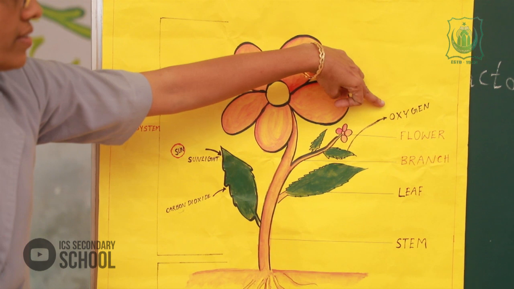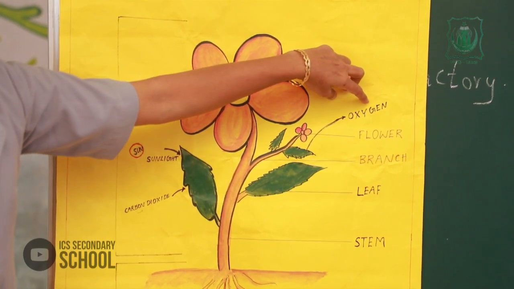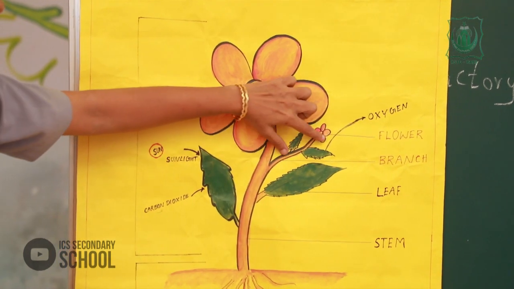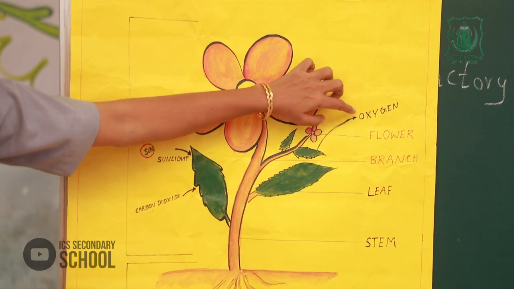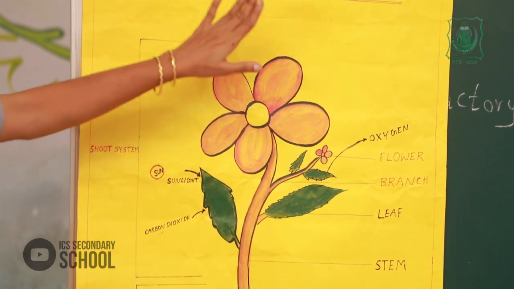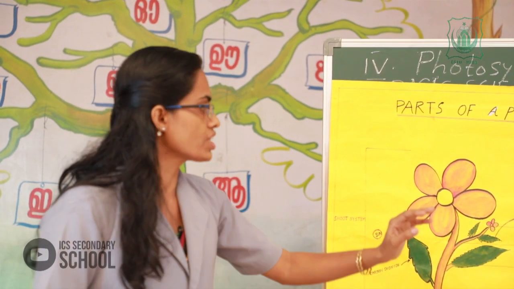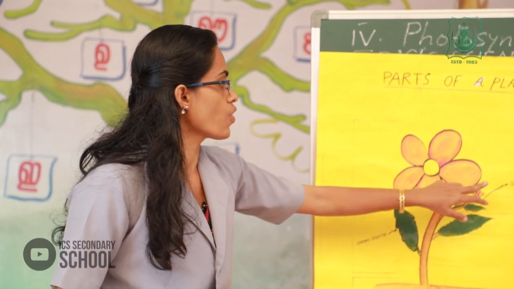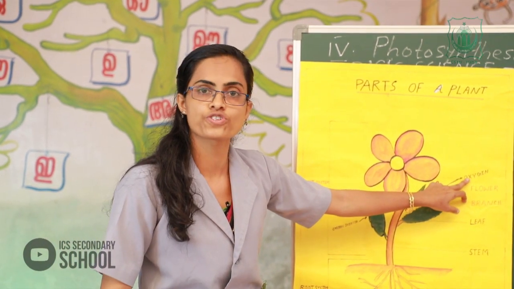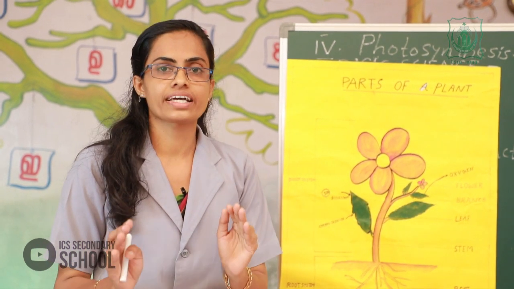Now this one, oxygen is given out during photosynthesis. Okay, oxygen is given out during photosynthesis. Please listen here, the process of photosynthesis. All of you understand what I say. The plant receives carbon dioxide from the air, and oxygen is given out during photosynthesis. Clear? Then ask a question like that, what is photosynthesis?